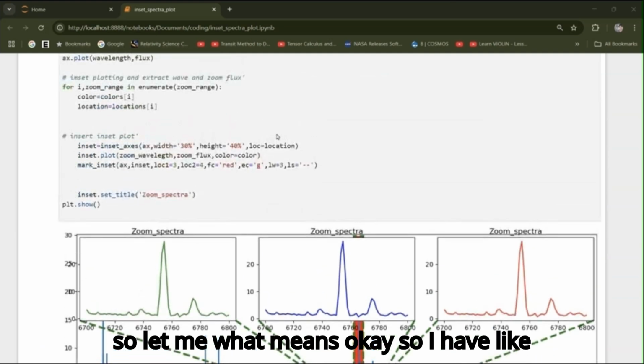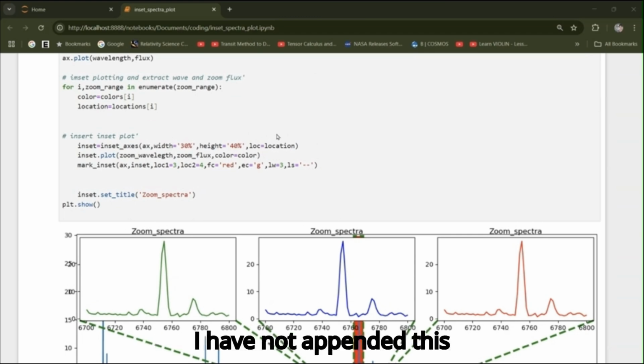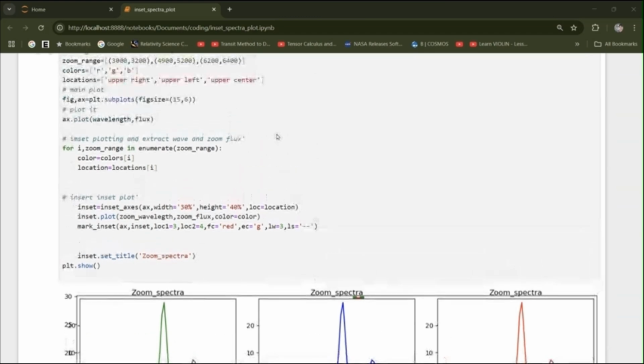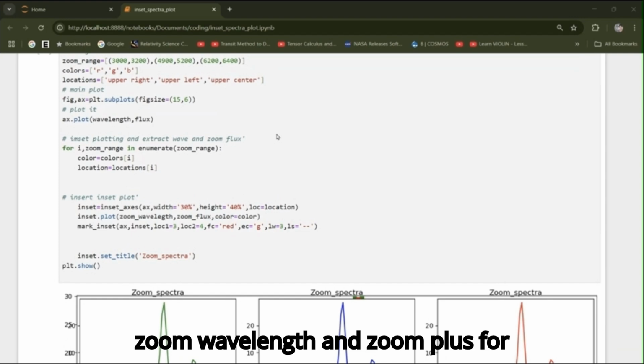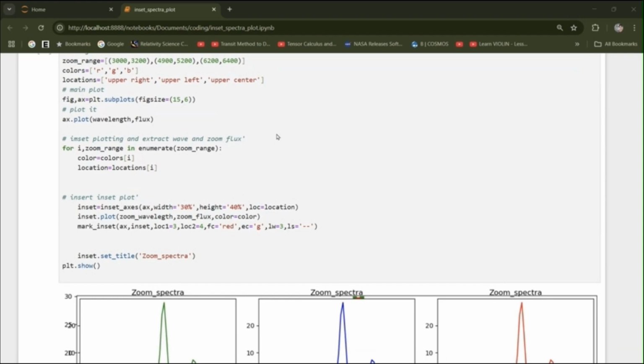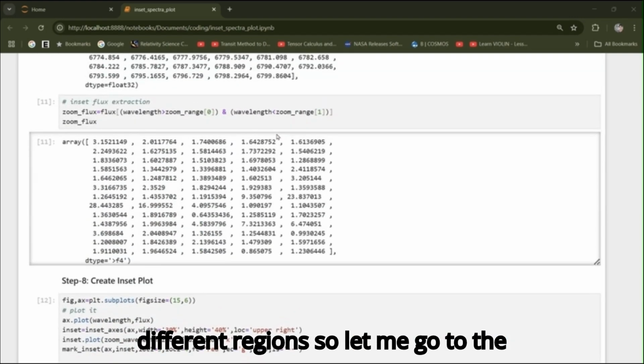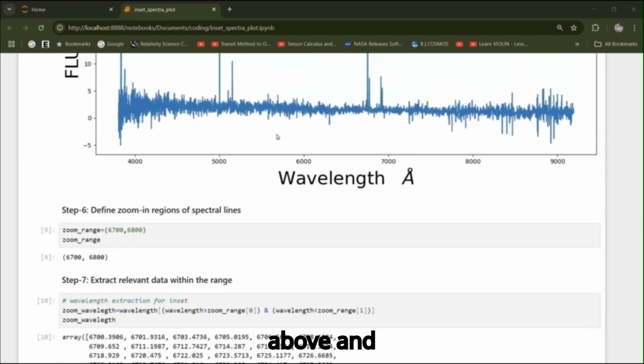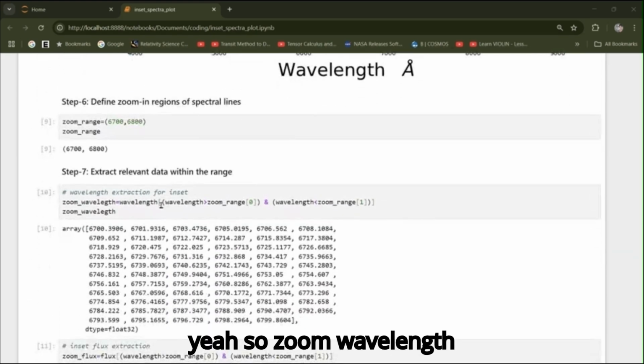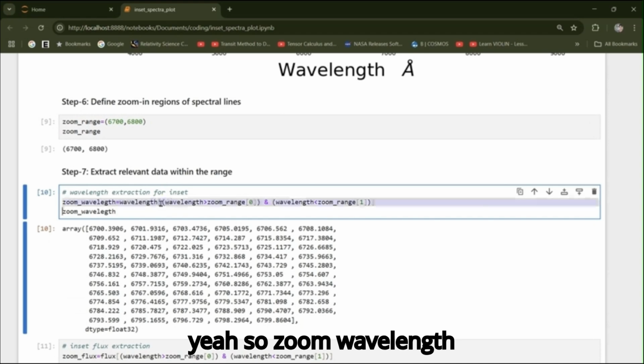Okay, so I have not appended this zoom wavelength and zoom flux for different regions. So let me go above, and yeah, so zoom wavelength